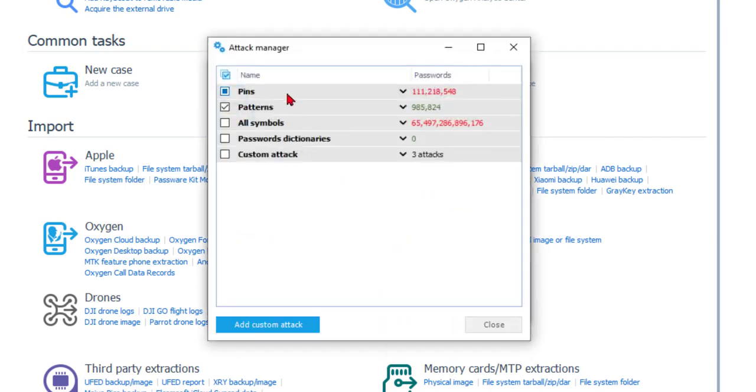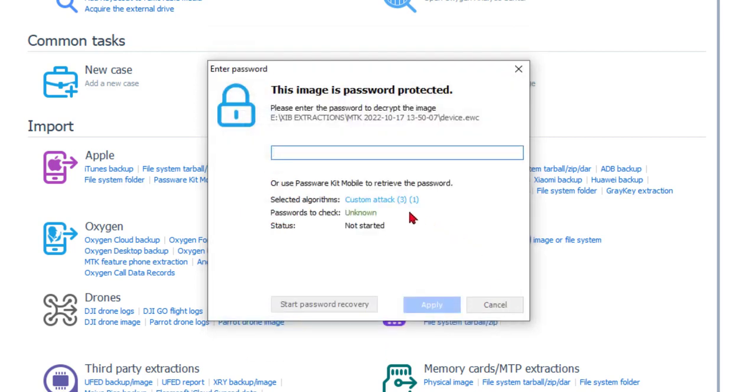And just looking at our custom attack world, I'm not even going to go through the process of building a custom attack because I have some in here. And all of these three happen to be the English language dictionary, and no concatenation, no spelling, no craziness, just trying words in the English language. Now you remember oxygen is in there. So if I just tick that, and I'm going to turn off patterns, I'll turn off pins, just that one, and close that. Now that's my custom attack. Don't know what I'm checking yet, but I'm going to click the start button